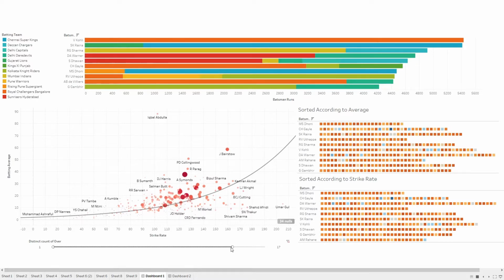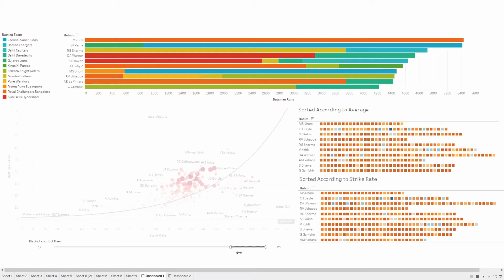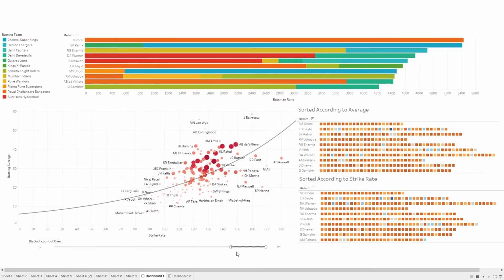Now, in dead overs, let's see what happens. In dead overs, we have AB de Villiers doing well, Yusuf Pathan, Johnny Bairstow, Andre Russell. They have a good strike rate and a proper batting average too. Cumulative batting average is still there.